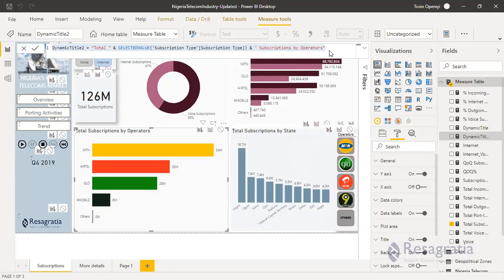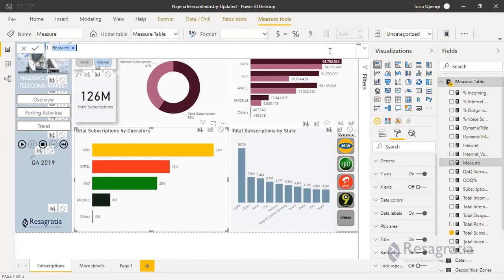Okay, paste, change to 3, and say by states. Is it state or states? Any of them should work, it is fine.